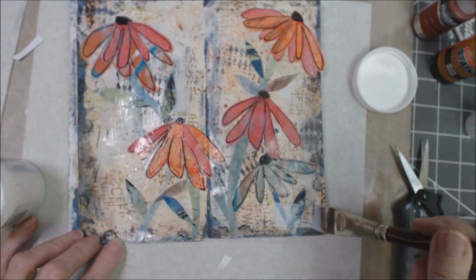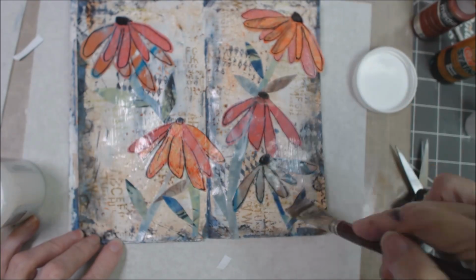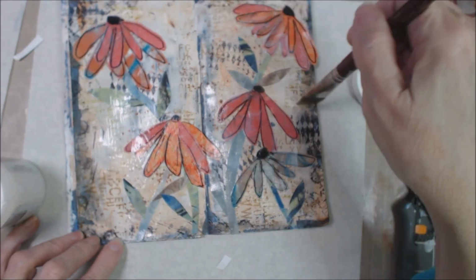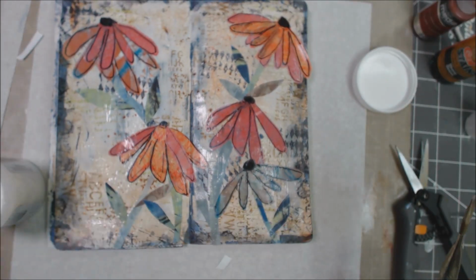And I'll just use a Posca pen to put that in. I'll use both the black and white Posca on this. I don't know if I got the final shots with the white pen in there, but if you go over